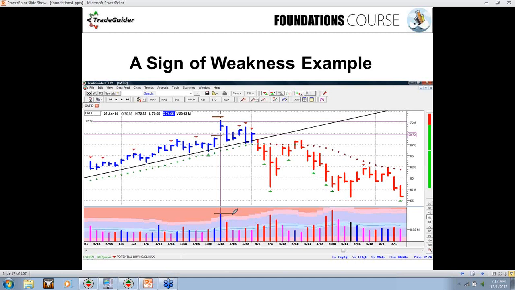The most important thing is that it's closing in the middle. It doesn't close on the high. It doesn't close on the low. It's closing right slap bang in the middle of the bar. Now, on that